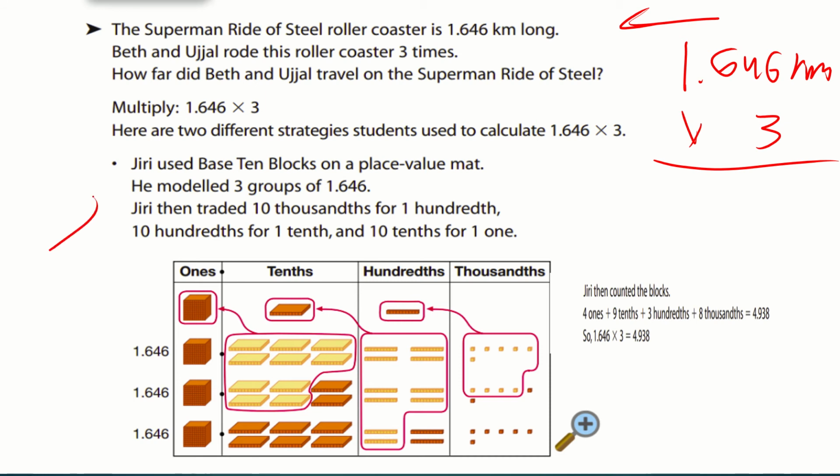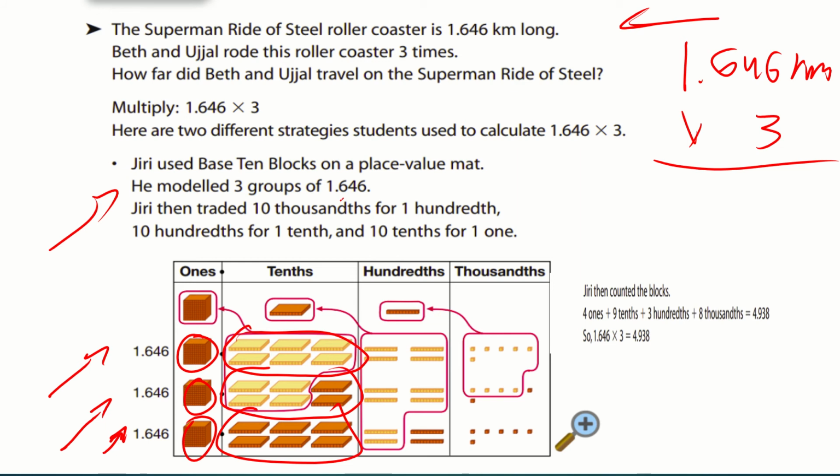The first strategy is to use base 10 blocks. Base 10 blocks are these blocks here, and they represent certain things. Here we want to model 3 groups of 1.646. So we have to represent 1 here in each, which we did. Now we're going to represent 6 here, 6 here, and 6 here, because that is our place value,